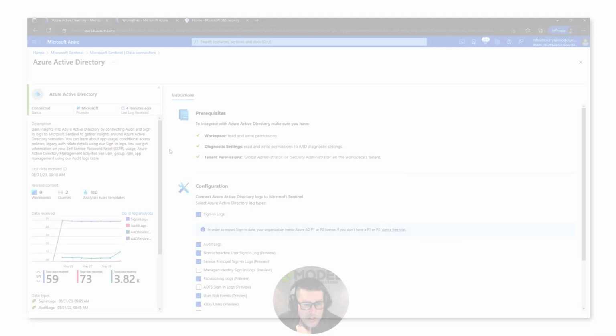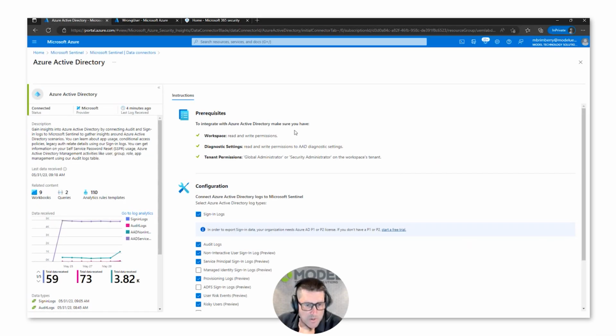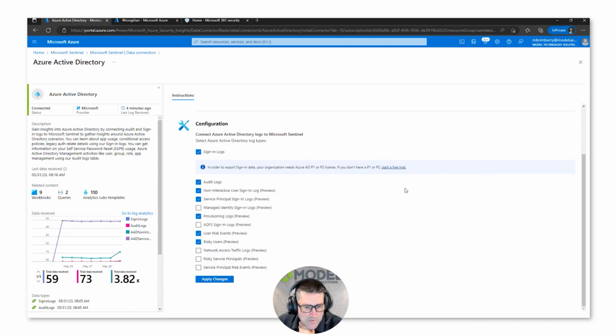So when you come into the connector page, it's going to populate these prerequisites. Do you have the right permissions to read and write to those diagnostic settings? Do I have the right roles assigned to me? And then